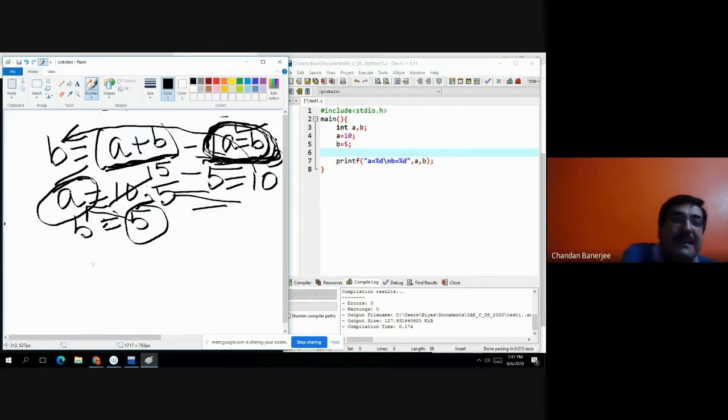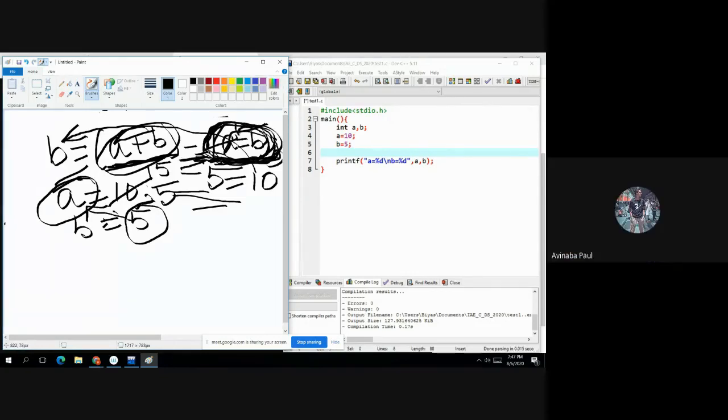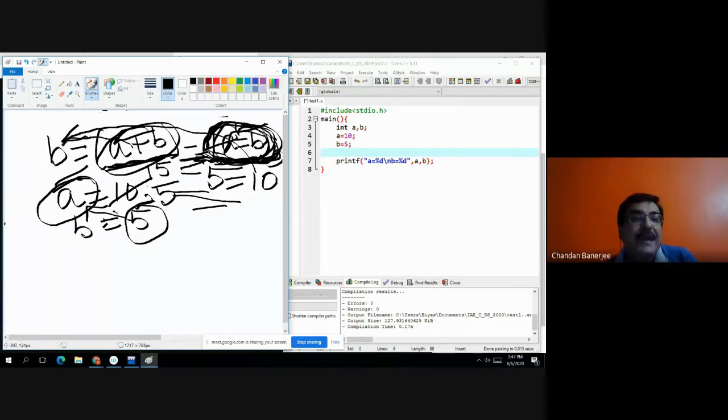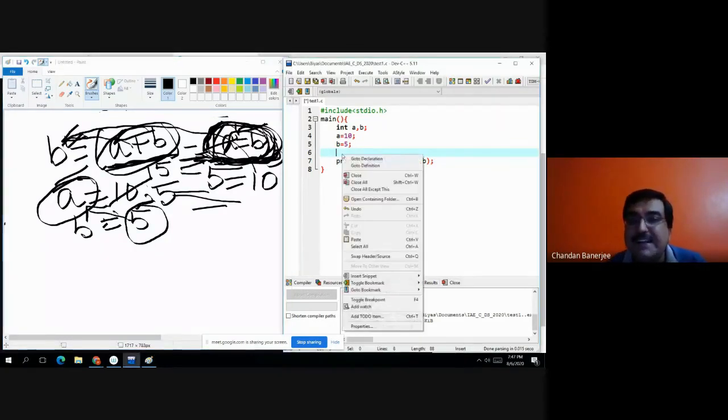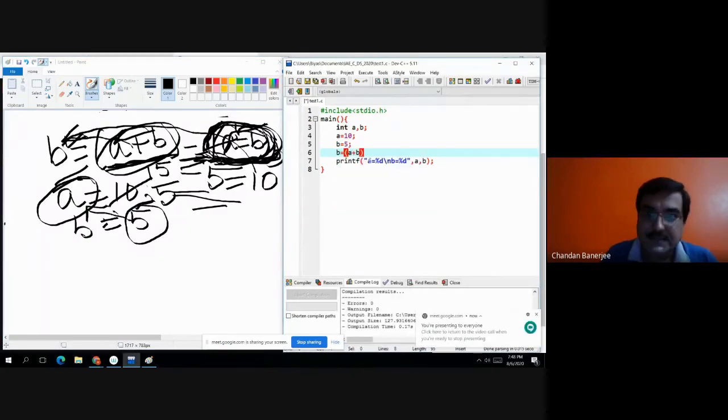Trace it: a plus b is 15. This is 15 minus b will be assigned to a, and that part will be assigned to b. So the value will be swapped. Look at the right hand side screen.